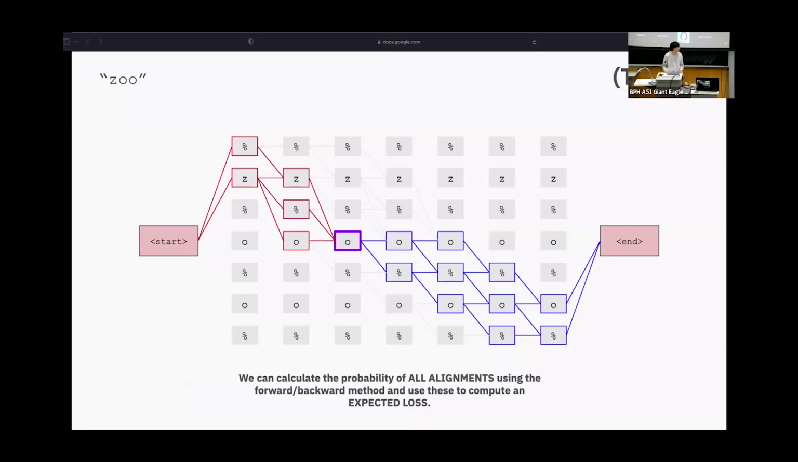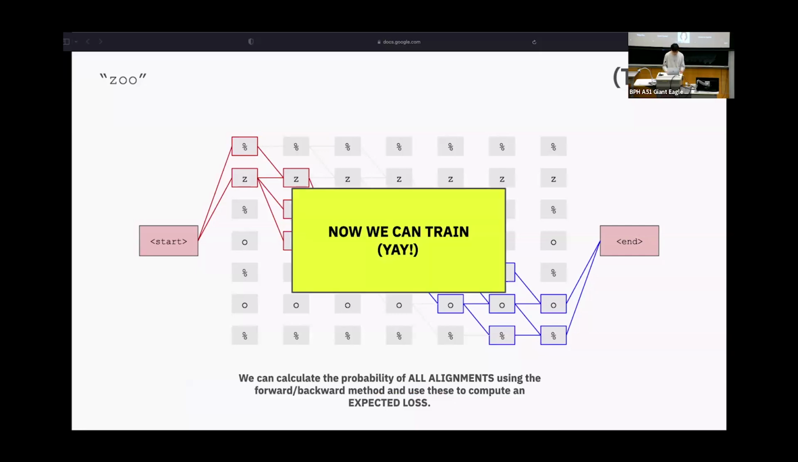Yeah, and after that, we have all the probabilities we needed, and the function is also differentiable, so we are ready to calculate the expected loss. Now we are ready to train because we have solved the time alignment problem, we have also solved the repetition problem, and we got a differentiable loss function. So yeah,